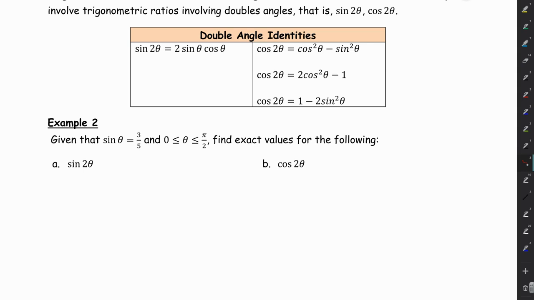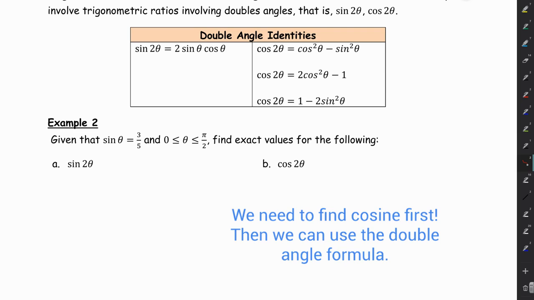So first of all, we're told that the sine of theta is equal to 3/5. And we know that our theta is going to be between 0 and pi over 2 on the unit circle. So we know we're working in the first quadrant. So we can use the Pythagorean identity sine squared plus cosine squared equals 1. And I'll show you how we'll do that. We know that the sine of theta is 3/5. So we're going to rewrite this as